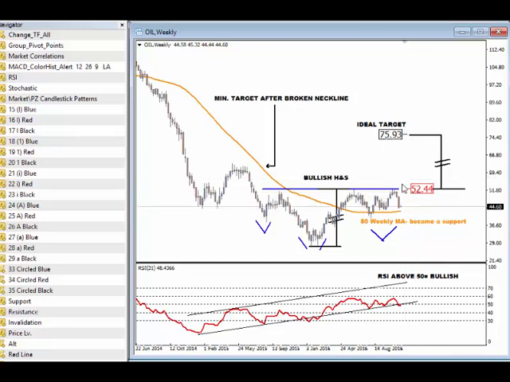Only then we could look for targets back to 63, as I said earlier, based on Elliott wave counts. But this head and shoulders target will then be pointing towards 75. But definitely you would have to see a broken neckline to confirm the end of a right shoulder, and then look for more